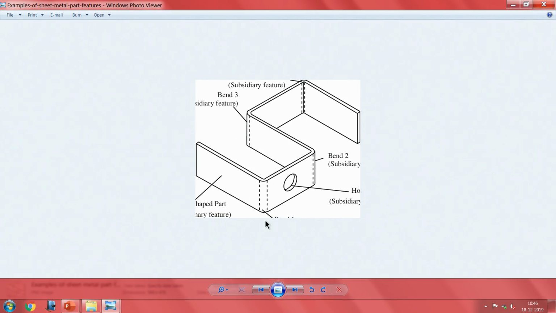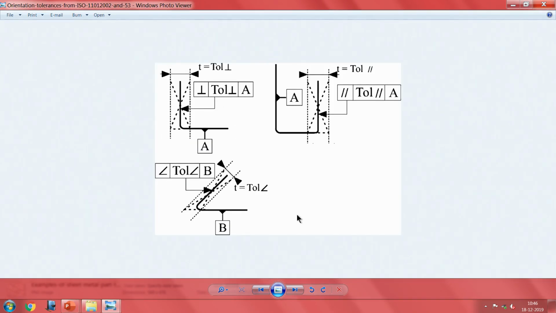Now we come to a very important thing regarding the quality of the work. One part of it which I have spoken to you about is simple tolerancing. Tolerancing, we know, is all about how to maintain one particular feature, and then during production how variations occur. It may be because of tooling and other things like that. However, you need to mention these things as per an international standard.